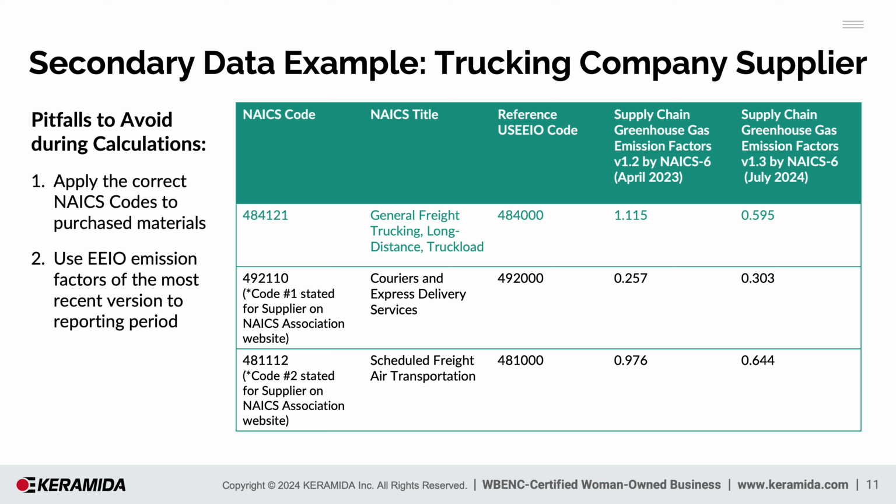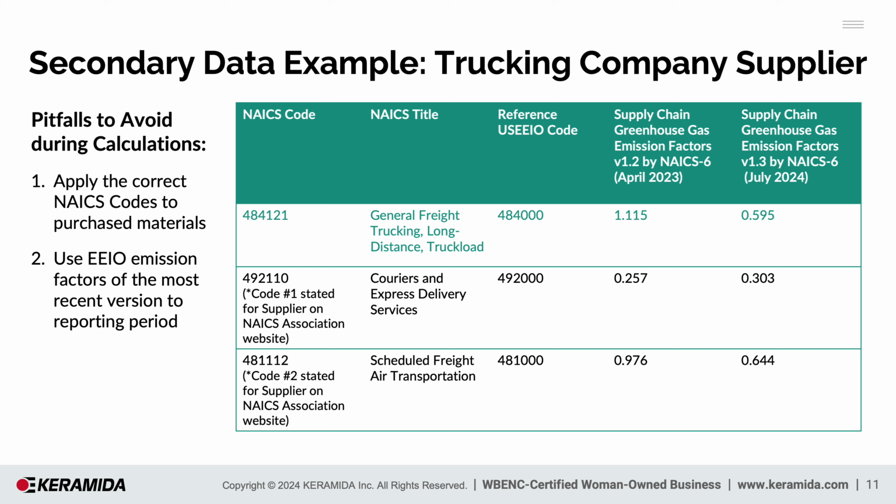And multiplying that factor by millions and millions of dollars will lead to vastly different emissions totals. So the point here is you want to make sure that you go through the process of applying the correct emission factors to your activity data, in this case spend,